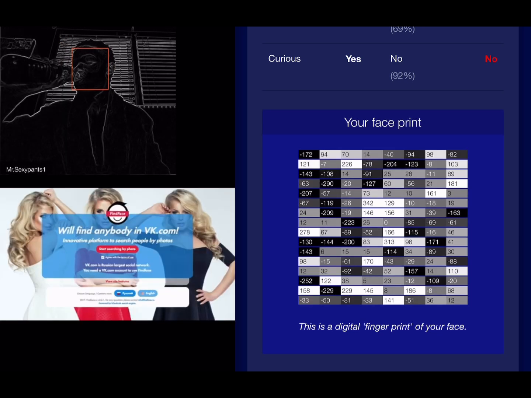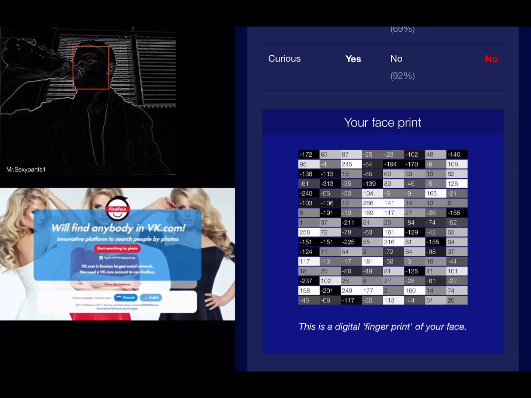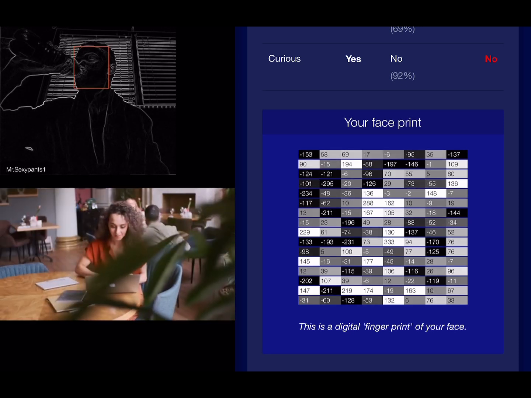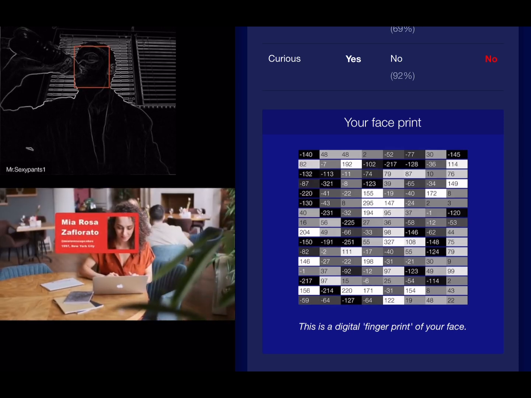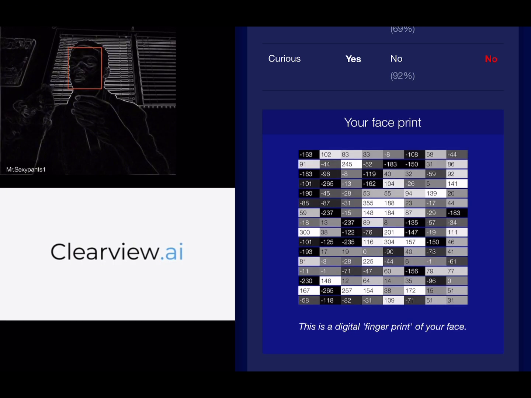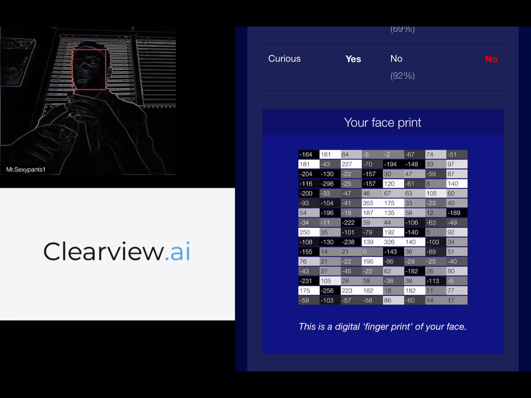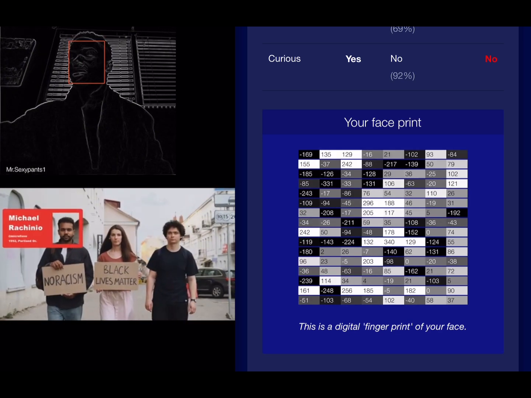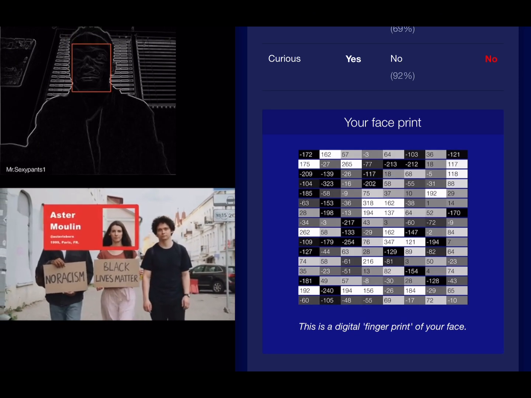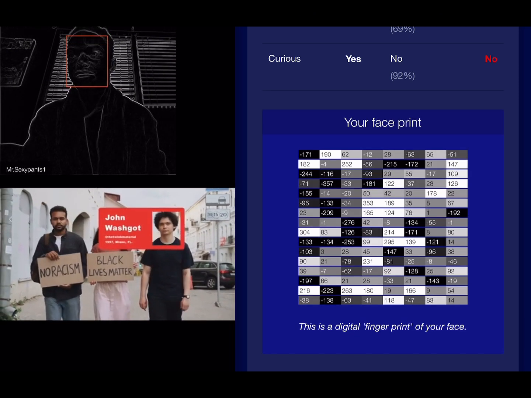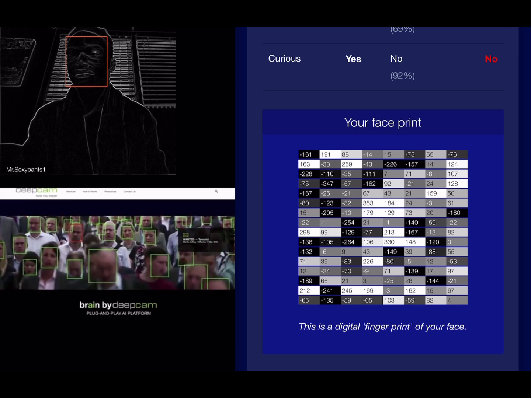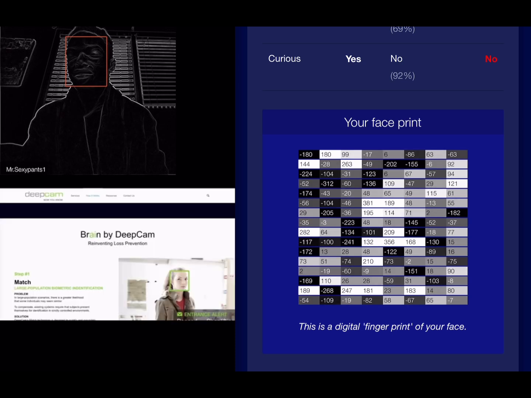For example, Russian company FindFace offers a service where you can take a picture of a stranger and then it will try to find the social media profiles that belong to that person. Similarly, an American company called Clearview AI allows police officers to upload a photo and then it will show a list of all the web pages where it found the same person. You can now buy security cameras that have this capability built in.